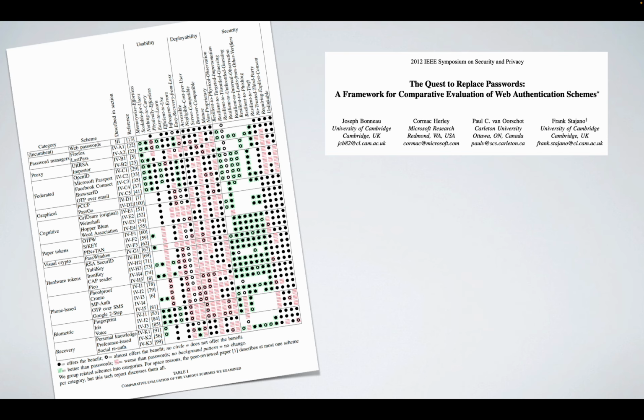Now, as I mentioned, I drew the idea for this out of a paper. And so I just want to show you a bit of the paper itself. It's a little small to see, but the first thing I want to impress on you is that they evaluate a lot of systems beyond what we did in class. They also break them down. So instead of saying biometrics broadly, they compare fingerprints to iris to voice. And instead of RSA being the only hardware token, there's YubiKey and IronKey.